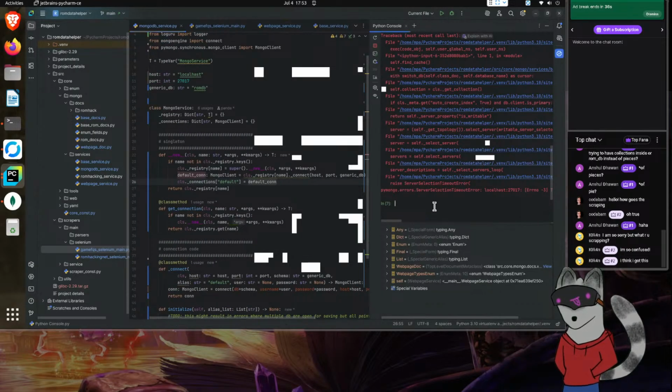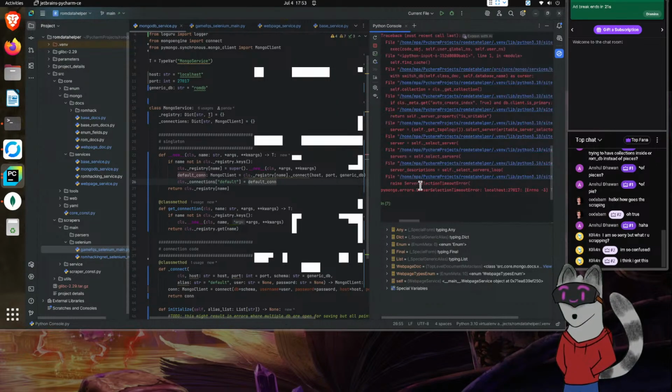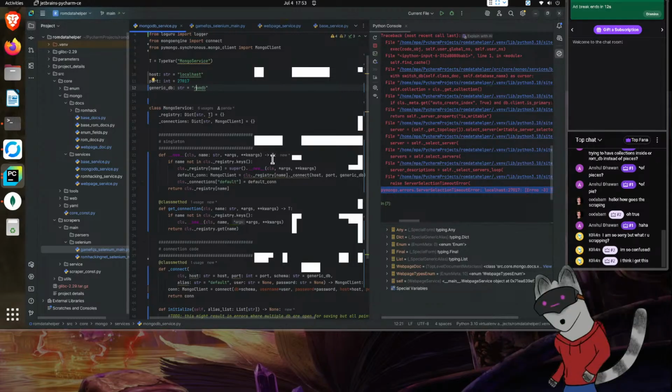Okay then, so our connections are correct. Let's see here. Temporary failure of name resolution. Let me look this up. Why does it say that this is a PyMongo error? Why is it throwing this exactly? I thought it might be because the name is wrong, and then I thought it might be because of the connection, but